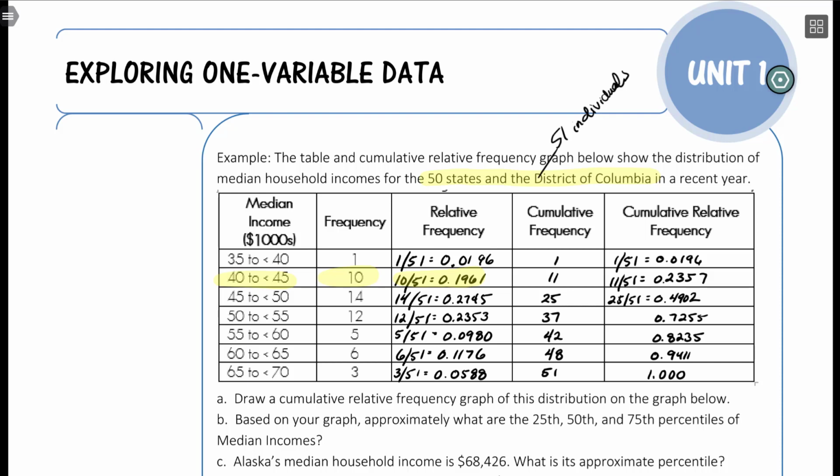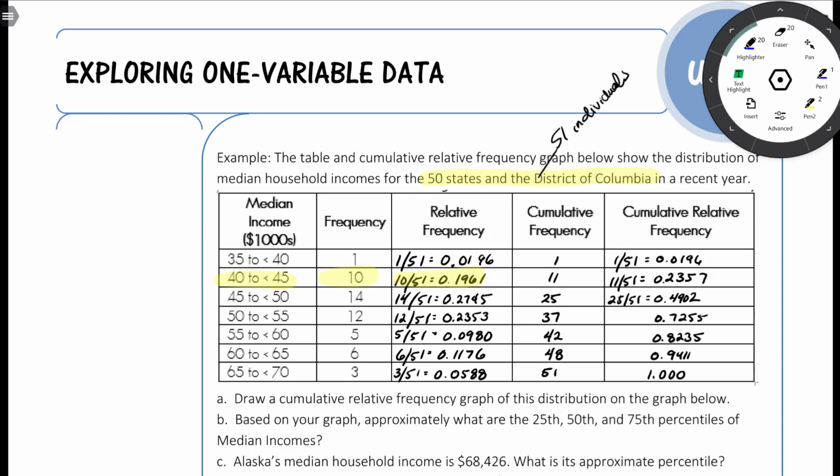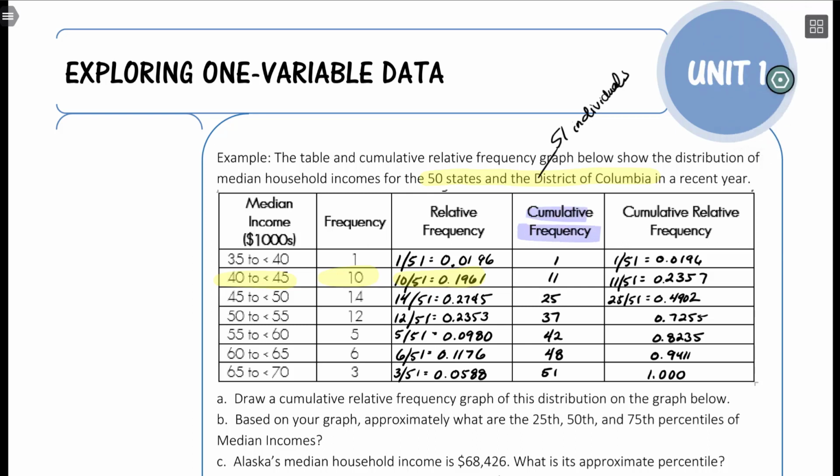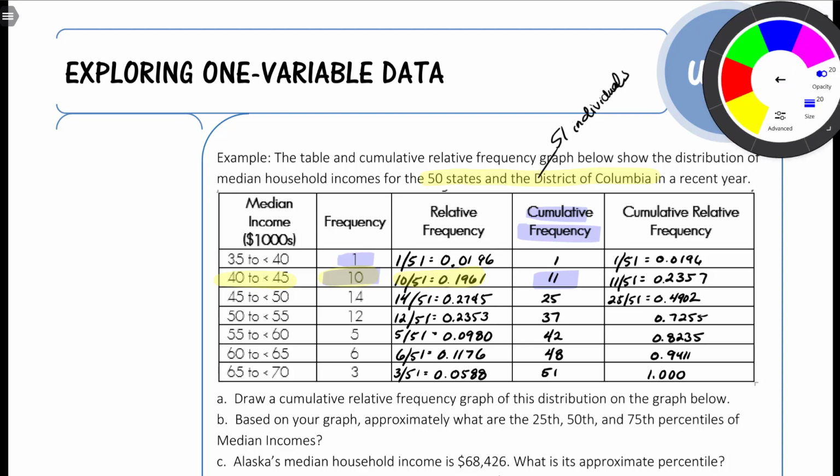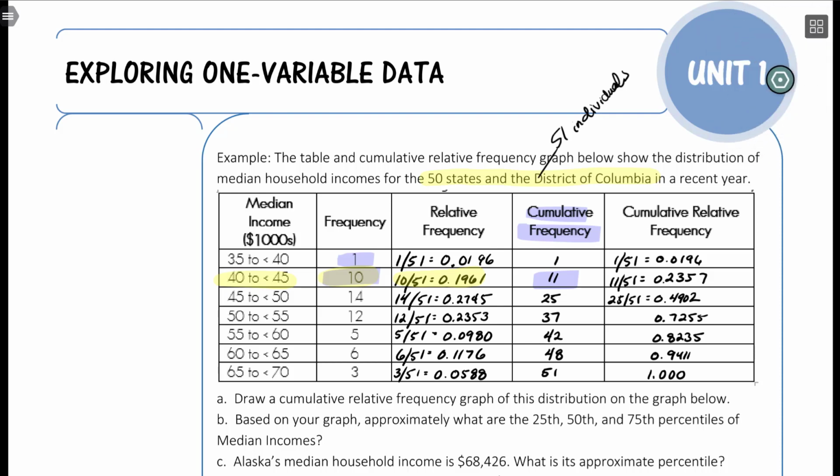So what we want to do when we accumulate, that means we are adding things together. The cumulative frequency is saying, go ahead and take the frequency from the previous group and add to it the new group. So 1 plus 10 gives me 11. And then the cumulative relative frequency is going to say, let's take the relative frequency of everybody below it and add to it the relative frequency of that group. Adding those two together gives me